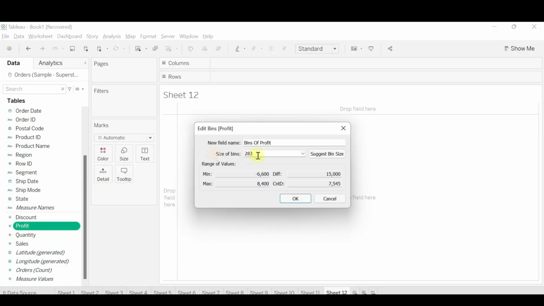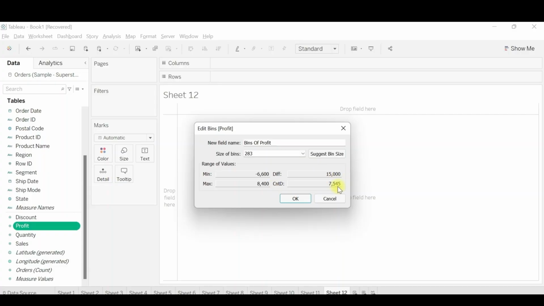So this is how we set the size of bins and this is how we name the bins, and the information at the bottom is just for reference: the column that we used, that is profit, has this particular range of values. The minimum is minus 6600, the maximum is 8400, and the difference is 15,000.